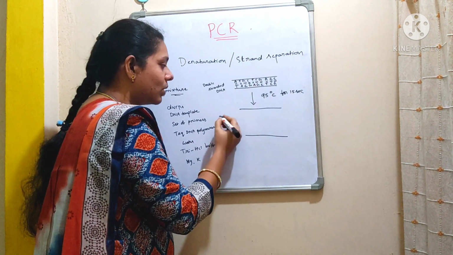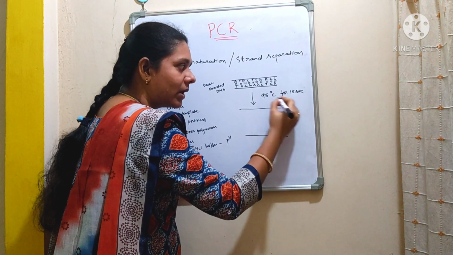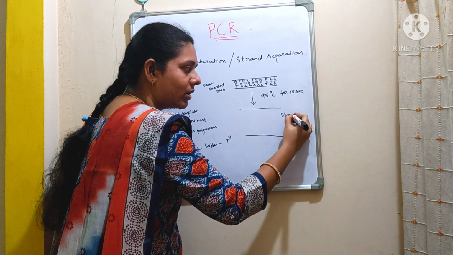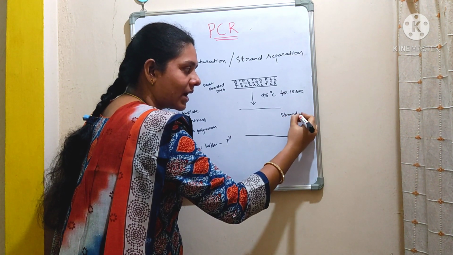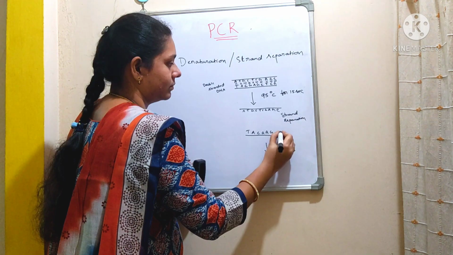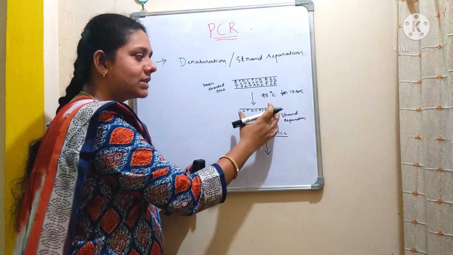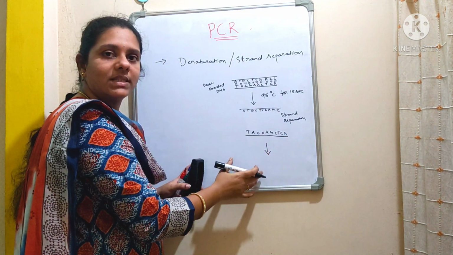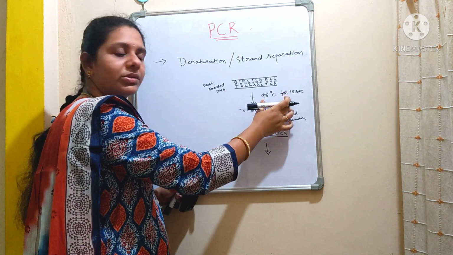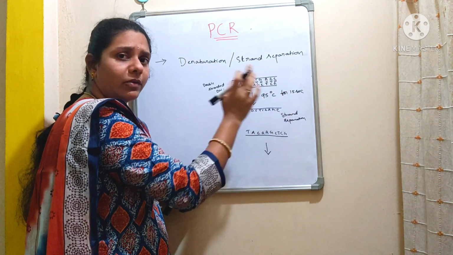So what is achieved when you apply this temperature? You are going to separate both the strands. This is how both the strands will separate when you heat the solution to 95 degrees centigrade for 15